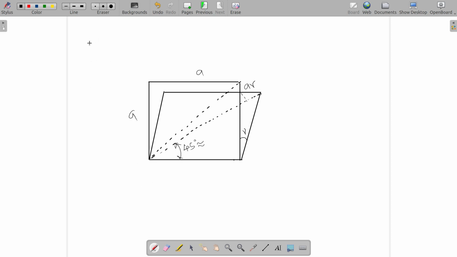And also remember about our transformation which we talked about